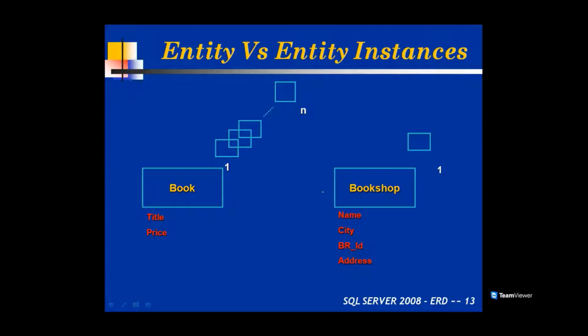If I say hero, hero is an entity. Kamal Hassan is an entity instance. Rajnikant is another entity instance. Then we have Amitabh Bachchan as another entity instance. That means entity is hero, and Balakrishna, Chiranjeevi, all these are different entity instances. If I say company, for example, you take Microsoft, IBM, all these different companies. A company is an entity. All different names are entity instances.